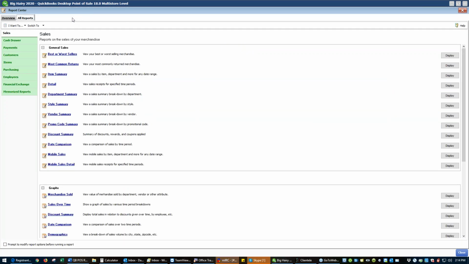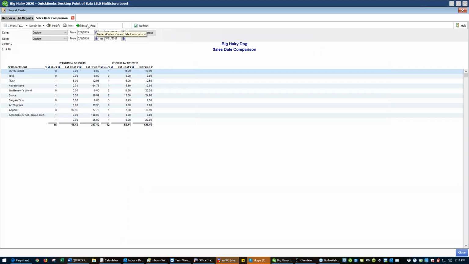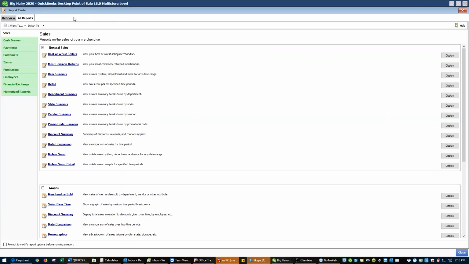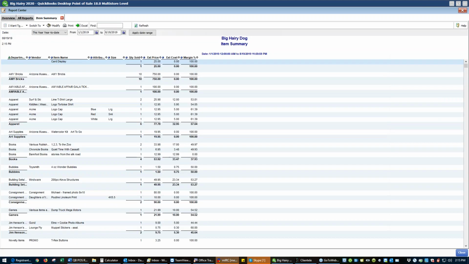When I close a report, if I reopen that same report again, I'm going to have the same information in it I had last time I opened that report. Whenever you change a report, it remembers what the last setting was, and that's what comes up next time you run that report. With some things, you've got to be really careful. If I go out here and do this item summary report,